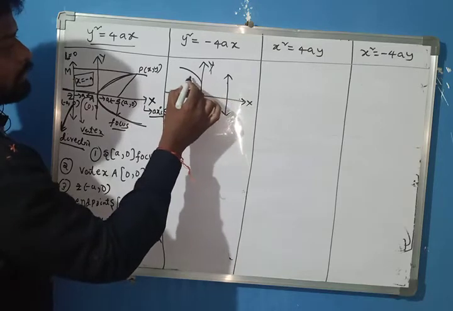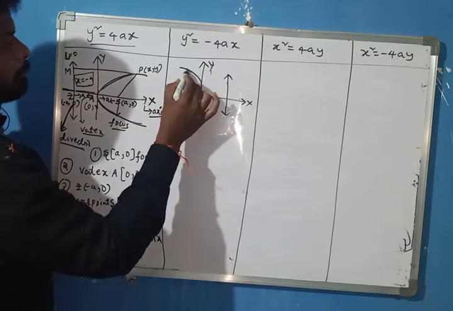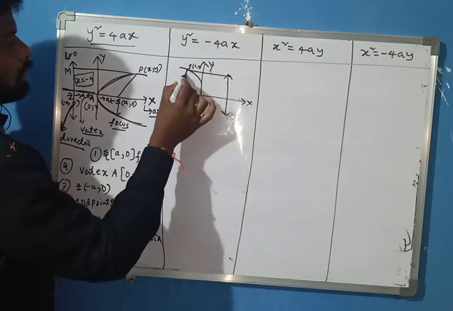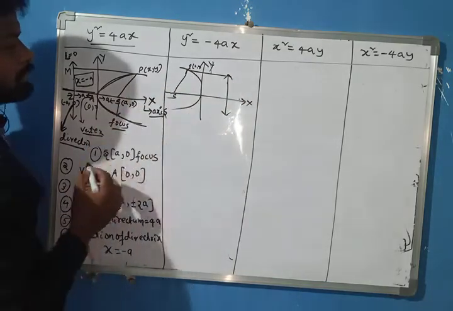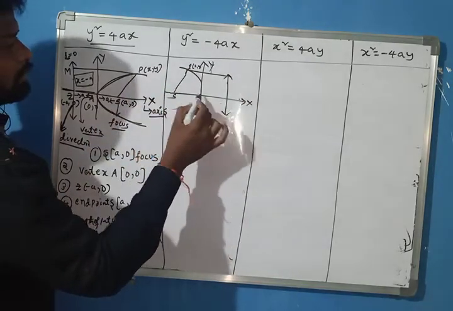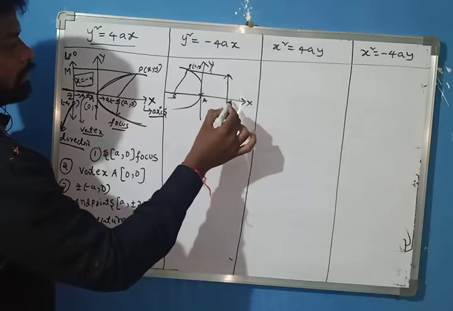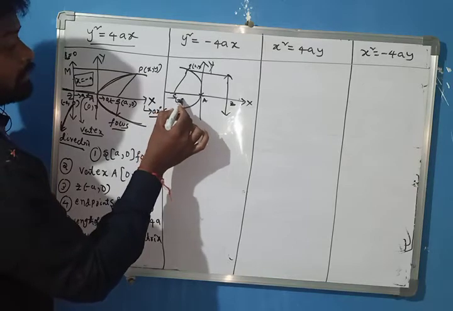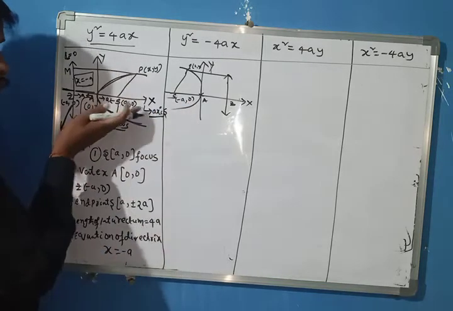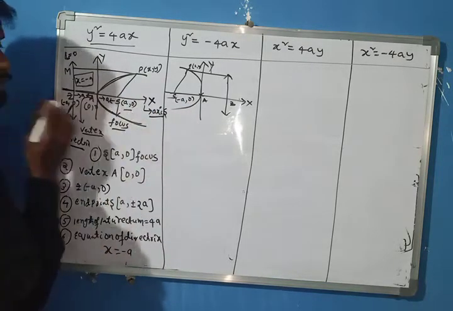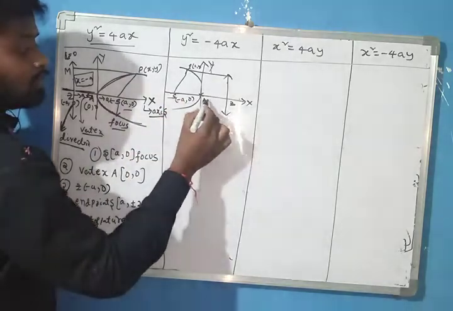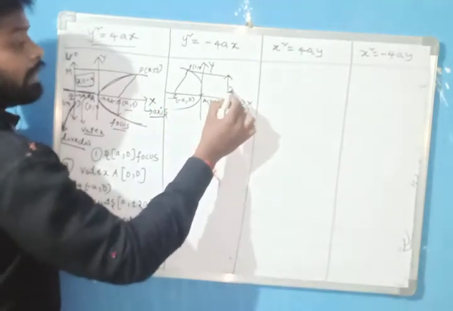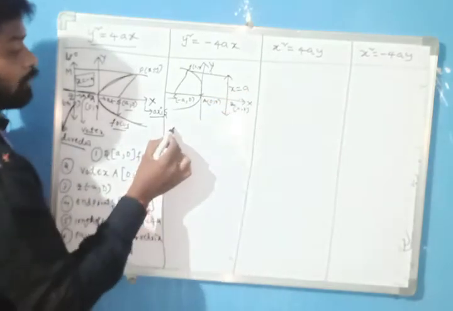After that, P (x, y) is on the locus. The focus S is the same, then the vertex and Z. Here the focus on the negative side of the x-axis is (minus a, 0), whereas on the positive side it was (a, 0). The vertex is (0, 0), Z is (a, 0). Here the directrix equation is x equal to, write down the points.